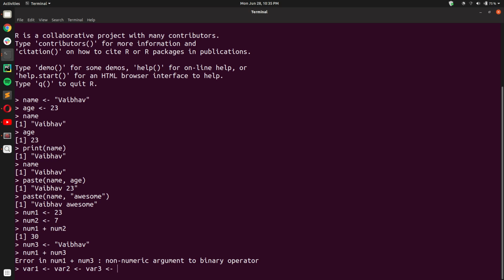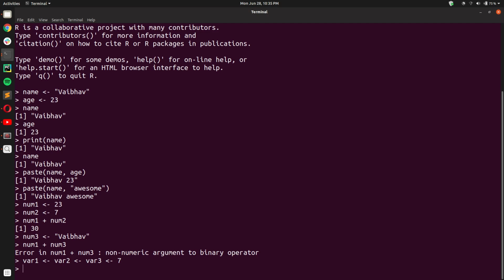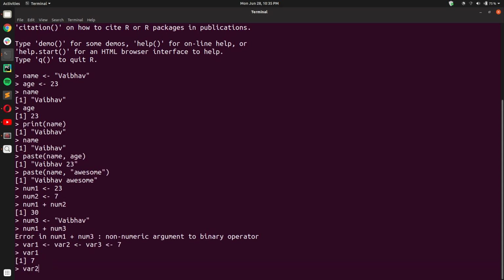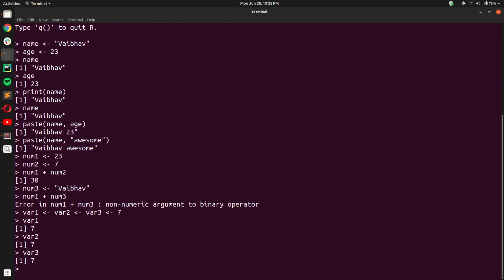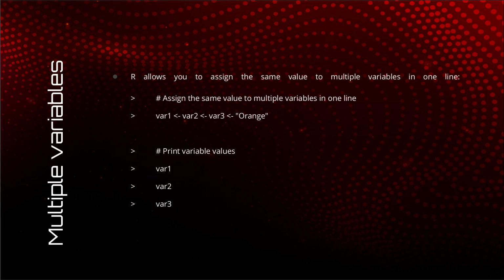But let us say I wanted to give all three of these the value 7. Now if I write var1 arrow var2 arrow var3 arrow 7, I expect all three of these to contain the value 7, and when I print these variables, you will see that indeed all three contain the value 7, as we expected.